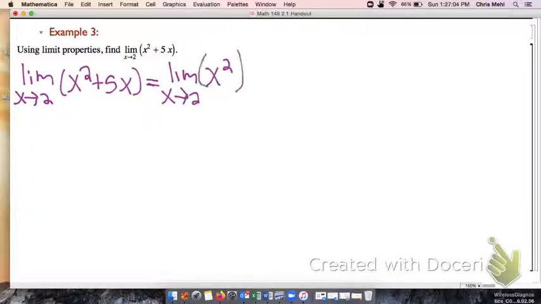Okay, so first what I'm going to do is break it up. x squared plus 5x is a sum of two functions, right? If I go back over here on the left, there's x squared and there's 5x. That's a sum of two functions. Essentially it's two terms. I can do the limit of the first term, x squared, plus the limit of the